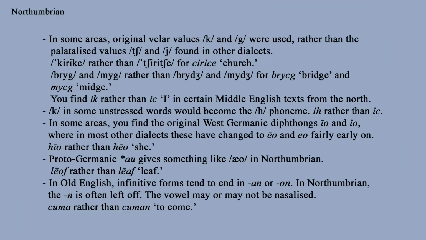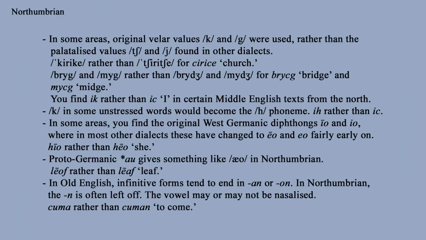If you watch the video on pronouncing Old English vowels, you might remember that the "ea" and "eo" diphthongs of Old English come from the "au" diphthong in Proto-Germanic, which is a reconstructed diphthong. In the southern part of Northumbria, it seems as though the second element of this diphthong stayed rounded, that is, pronounced with rounded lips, for a lot longer. So while we can't pinpoint the exact vowel quality, where you'd have "ea" in Wessex, you'd probably have something like "au" or "eu" in that part of Northumbria. So for example, "lauf" instead of "leaf".